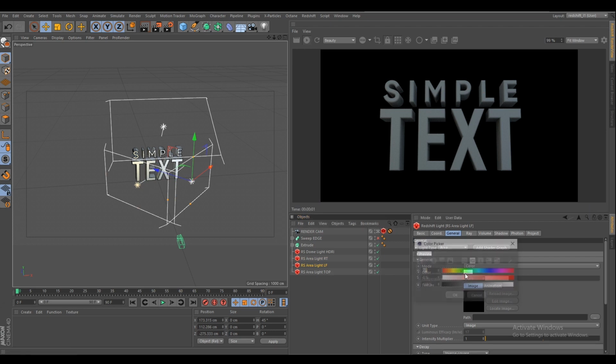Left side I want a cooler temperature. 1.3 again, so you can see. And on top I need a little bit brighter, 1.3 or 4, maybe 1.4 is enough. So this lighting setup is completed.